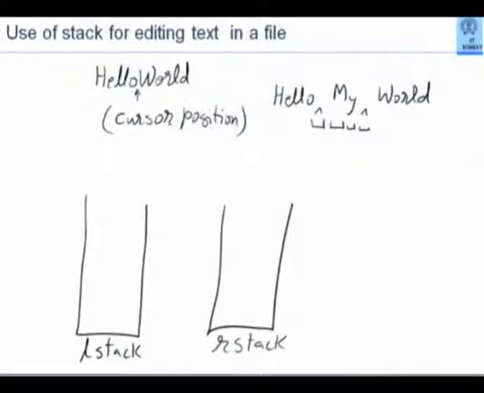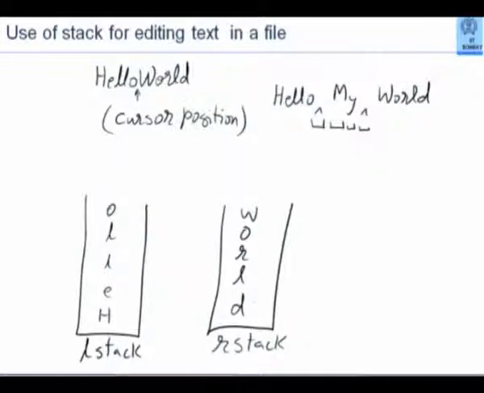Suppose my cursor is here at hello world. Then what will be the contents of L stack? I will have here H, E, L, L, O. Agreed? These are the characters left of the cursor. What are the characters right of the cursor? World. But W should be here, O should be here, R should be here, L should be here, D should be here.